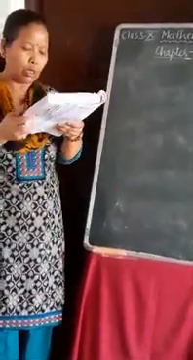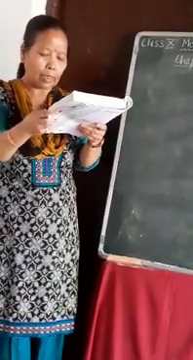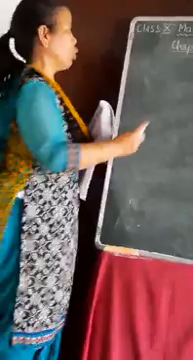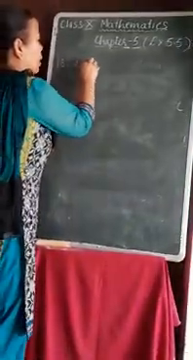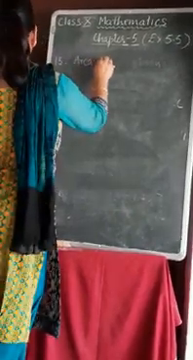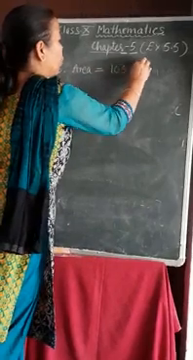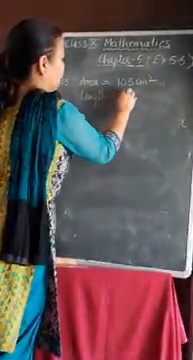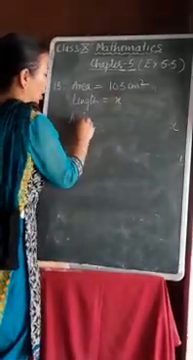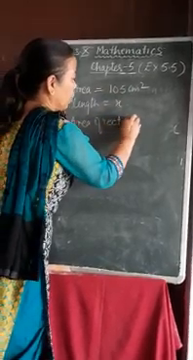I am taking question number 13. In this question, a rectangle of area 105 centimeter square has its length equal to x. So here in question 13, the area of the rectangle field is given as 105 centimeter square and the length is given as x. We know that the area of a rectangle is equal to